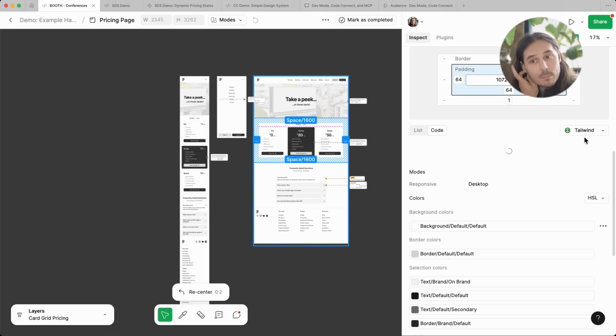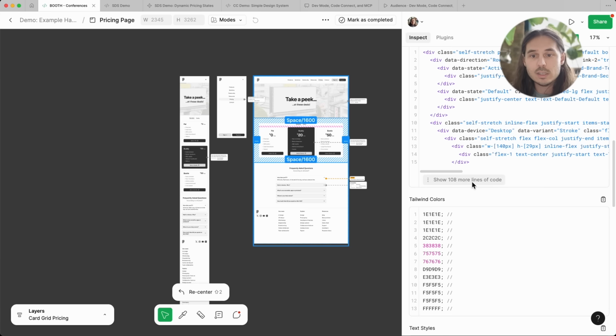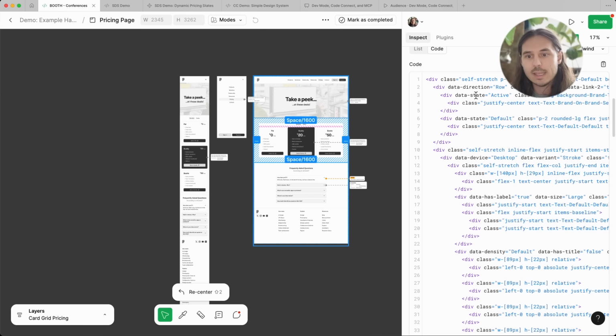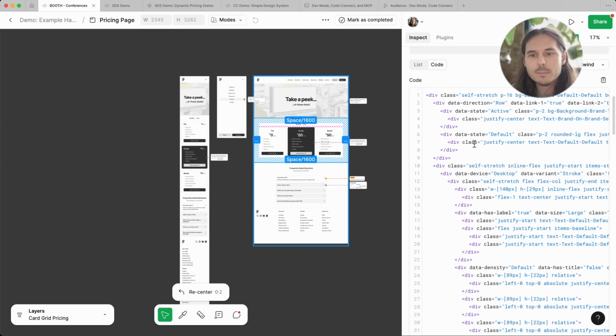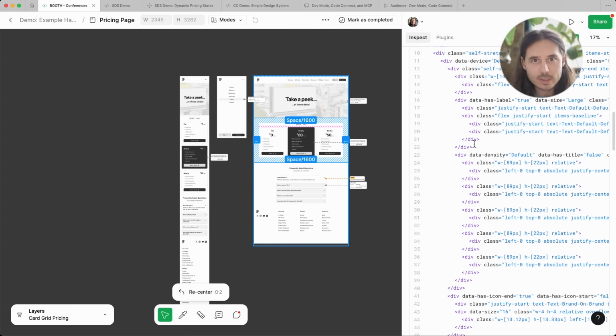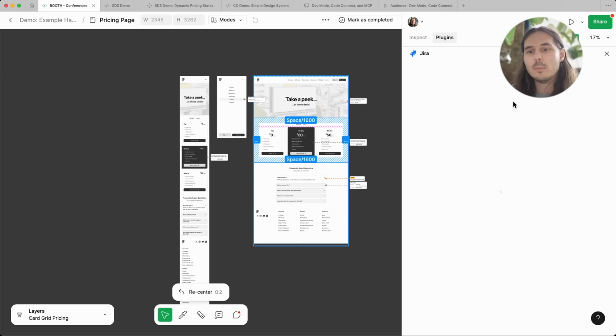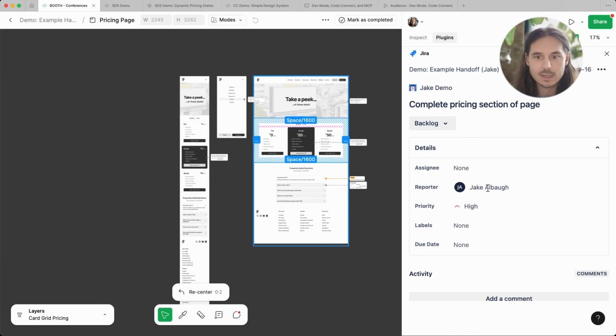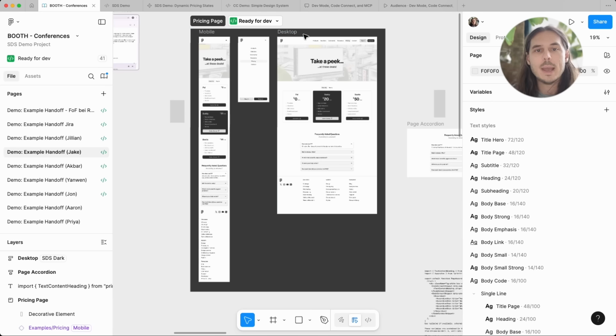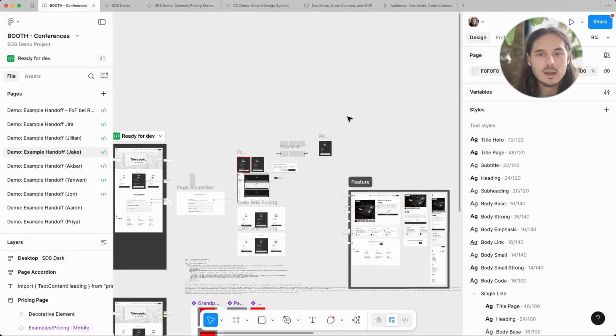So plugins like this actually show code directly inside of the panel itself. CodeGen plugins can render code directly inside of the inspect panel, but then some other plugins, like we were just looking at with Jira, can open up an entire user interface inside of this inspect panel. So let's actually go directly to this on the page, and we'll find ourselves back in the world of our